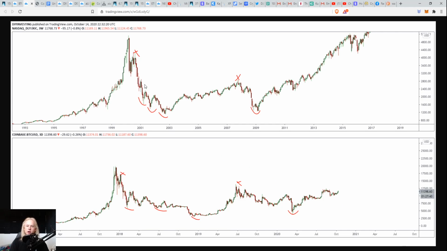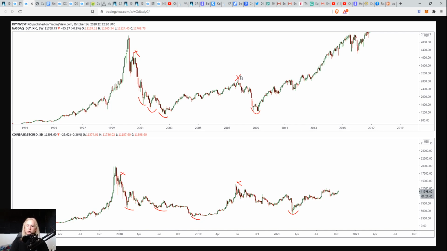The only difference is Bitcoin kind of held support here and then sold off, whereas the Nasdaq just made all of its lower lows in precision. And so this is still the same chart for the most part. After we find the low point of the capitulation, we make our first dead cat bounce on the upside. Same thing happened with Bitcoin. This was when we went from 3K to 14K and then back down.